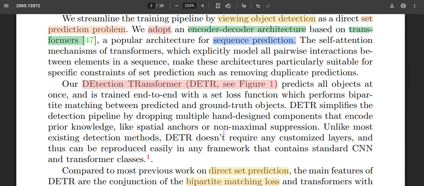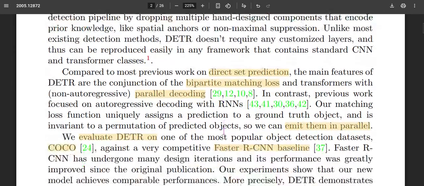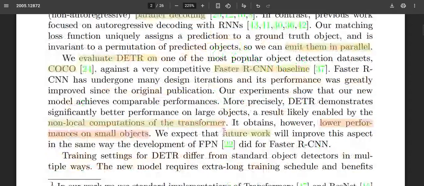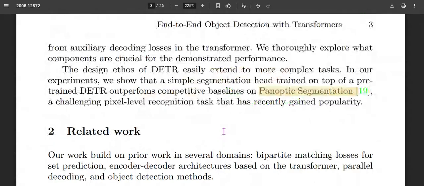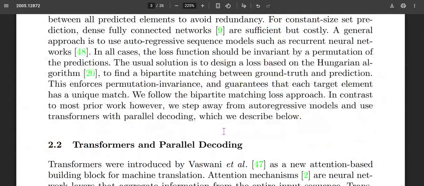They are using a transformer neural network architecture based sequence to sequence prediction, where they try to predict a sequence. Like in machine translation, they try to predict a sequence of words, given an input sequence of words from another language. Here, in a similar fashion, they try to predict n objects as a kind of sequence prediction,